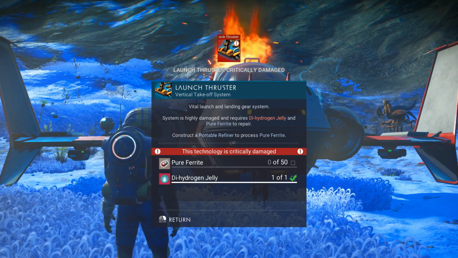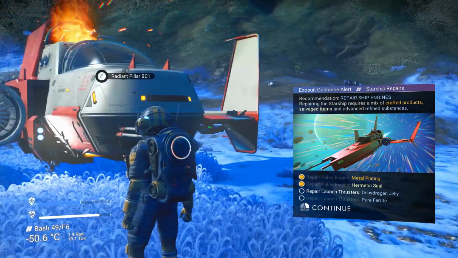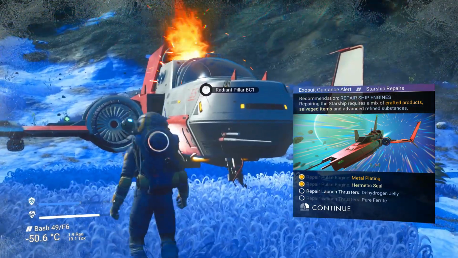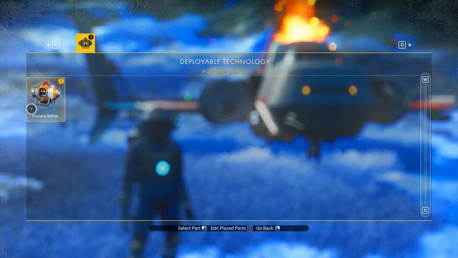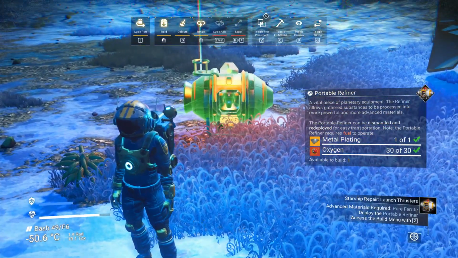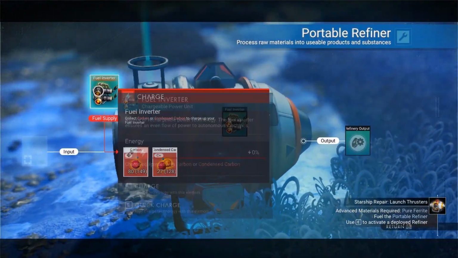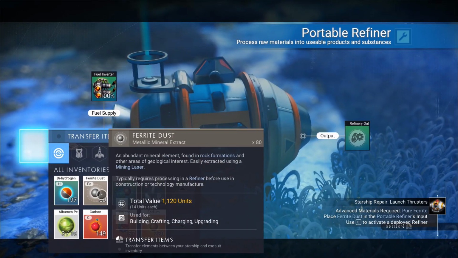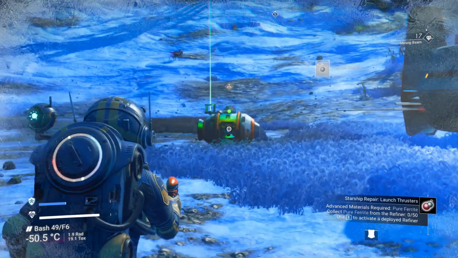Now for that you're going to need to build a piece of technology. The game will assist you in this, but I can tell you now you're going to need to build some more of those metal plates, have them handy, so that you can build your resource portable refiner. So metal plating and oxygen, I've collected loads, so I'm fine. And then you go in, you put in your fuel, which is carbon, and if you've harvested loads you'll be alright. And then you want to put in your ferrite dust, and that will be converted to pure ferrite,